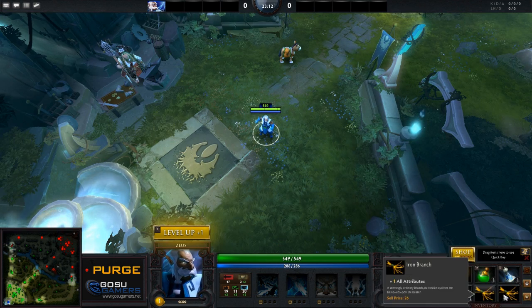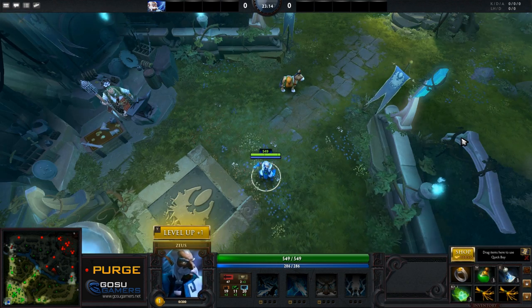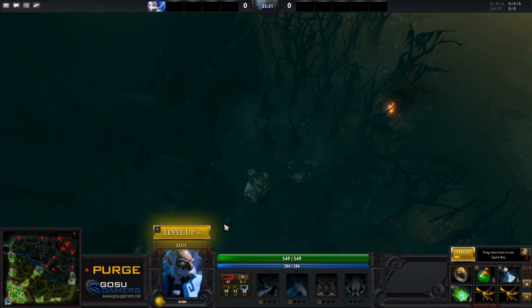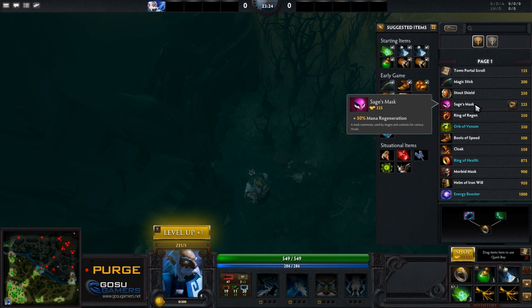If you want to go to the lane like this, that's great. You're spending just as much money. You're just slightly altering your build if you want slightly more mana regen, and that's a good thing to do. And then once you get your first 325 gold, you can run into the side shop when it's safe and buy a Sage's Mask, and bam, all of a sudden,